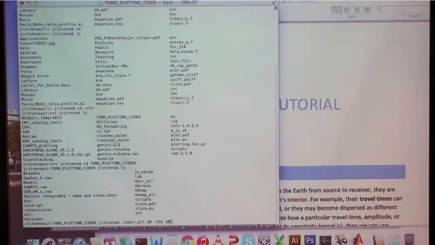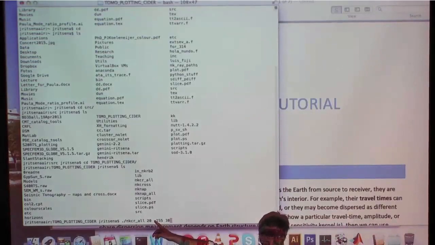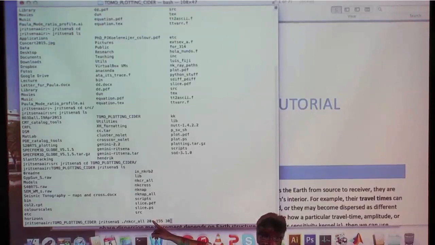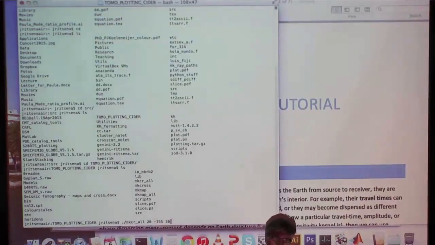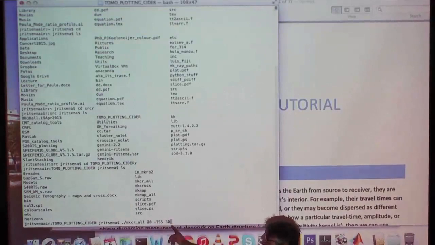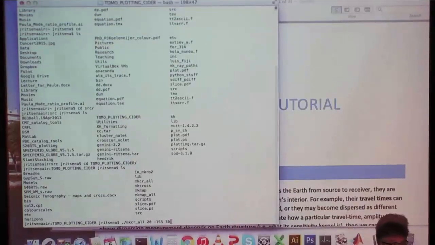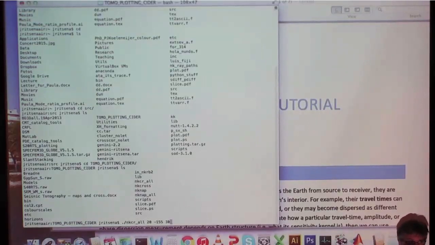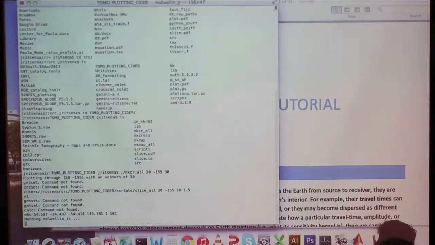What I type in here is essentially the location of the slice that you're going to draw. That's the location of the midpoint of the slice. You'll see that in a minute. So this will be Hawaii, 20 degrees north, 150 degrees west. And then the 30 is the azimuth in which you are directing the slice. So these are the 3 variables that you can play with: latitude, longitude, and an azimuth. There is a README file in the directory that should explain all these things. So when you hit return, it will basically,